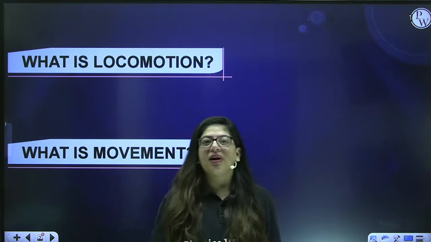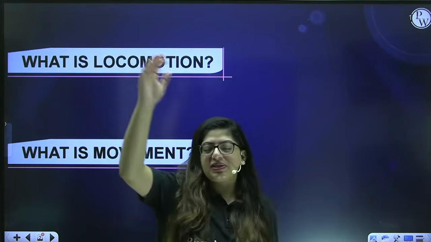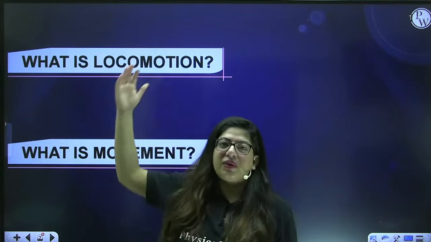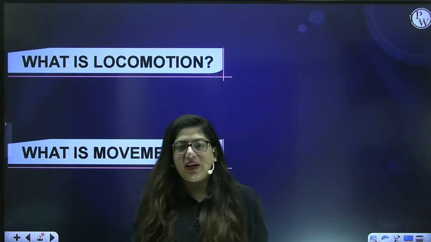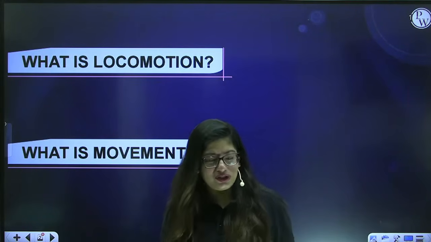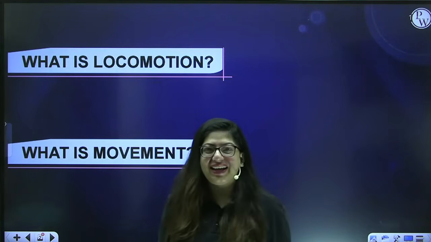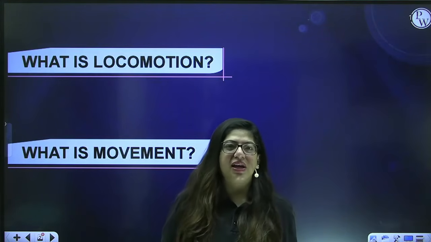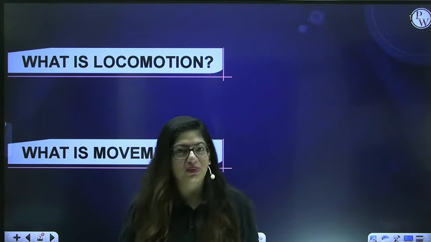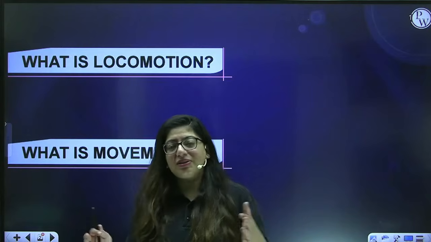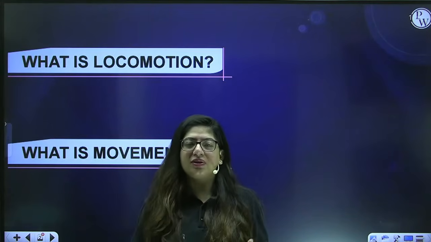So if I am moving my arm, but I'm standing at this position only and I'm not changing my position, this is what movement is, right? Or for example, I'm also moving my leg. You just can't see it. Otherwise, I have to pick up my leg and that I cannot do. So I am moving my leg, but I'm standing on the same position. This is what movement is. In movement, your muscles are working, but you're just standing at one position.